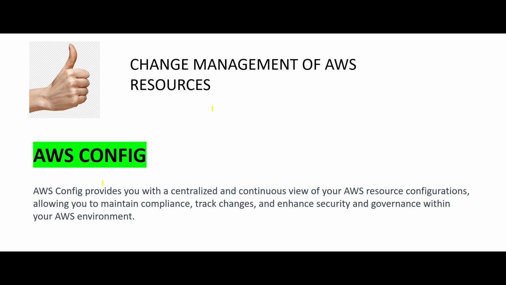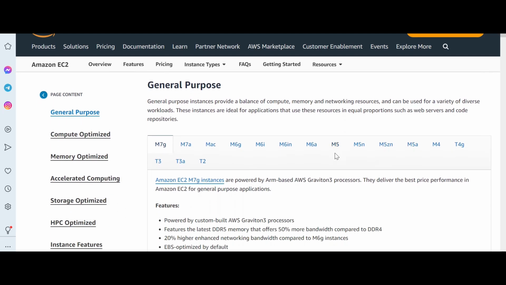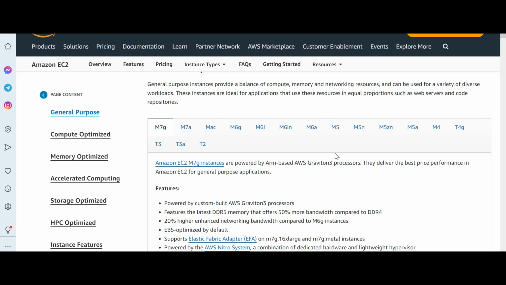What compliance means is, suppose someone says, hey, your EC2 instances, you should not use, for example, maybe M6G. You see, these are the various instance types. You can create something for general purpose, compute optimized, memory optimized. Certain EC2 instances are very good for your ETL, extraction, transformation, load purposes. Certain things are good for caching. It may be for your BI reporting applications. Certain things may be good for your web-based applications.